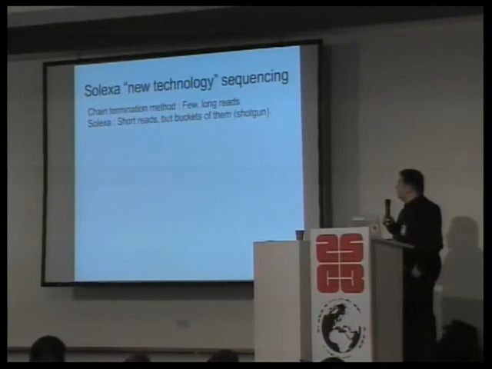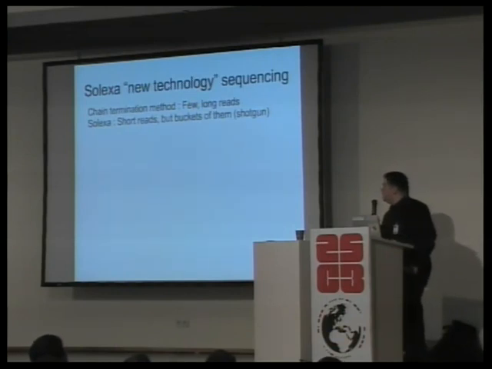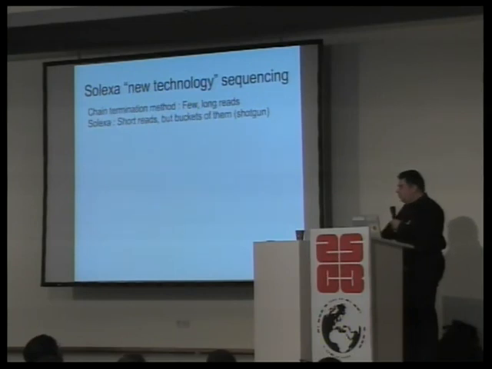And you might think, oh, that's great and all, and there's now this new technology, originally called Solexa. This was then bought by a company called Illumina, who basically bought everything in this segment of the market. Again, with a chain termination method, you get rather long reads compared to earlier methods, a few hundred bases in a stretch, but it's still few.